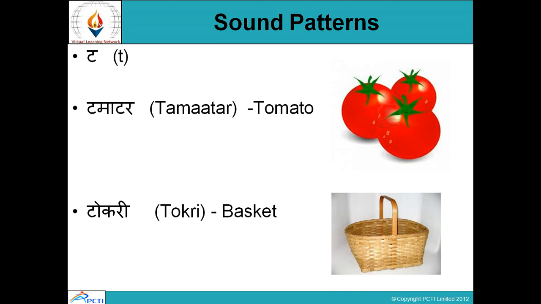T. Next sound is T. Tomato. Tomato is what? Tomato. Vegetable. Red color vegetable. Bit sour. Little bit. And we put it in our vegetables to give it flavor. Indians especially like it because it makes the food tastier, gives a flavor and color and aroma to the food.